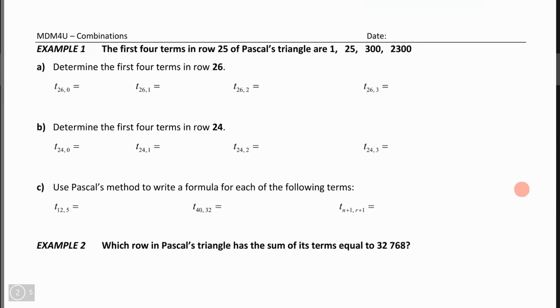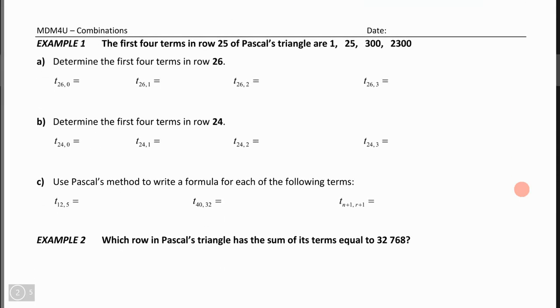Let's go down to example 1. The first 4 terms in row 25. This is now row 25. I'm not going to ask you to make a triangle all the way to row 25, but you can now use some of these formulas to help us solve some problems. So we're told the first 4 terms are 1, 25, 300, and 2,300. So determine the first 4 terms in row